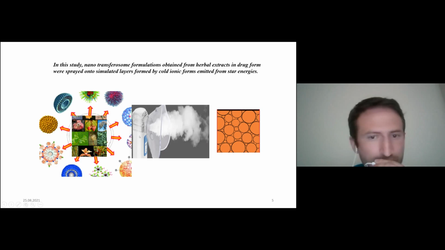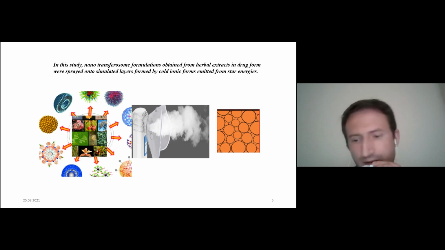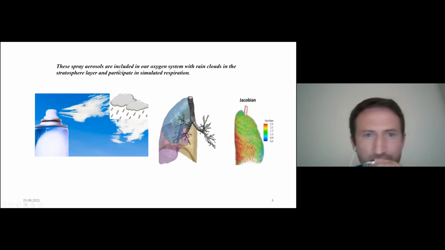And you can see the nebulizer nano spraying form, and some particles combined, emitting the star energies with the energies simulated from the layers formed of the cold ionic forms. The spray aerosols are included in our oxygen system with rain clouds in the stratosphere layer and participate in simulated respiration. You can see some atmospheric oxygen raining into the area of our body, or sneezing,